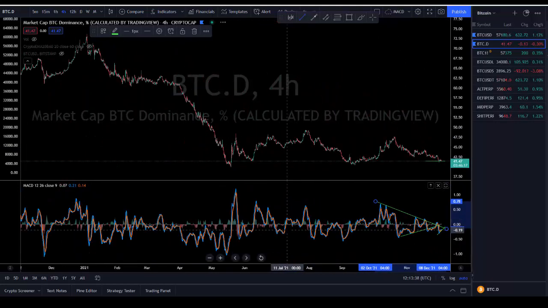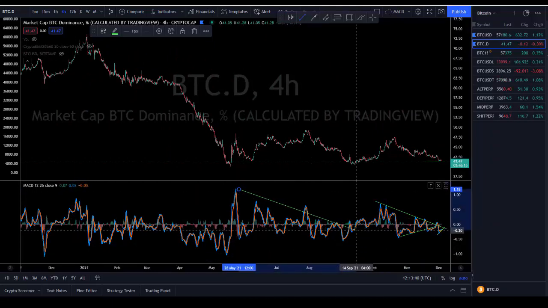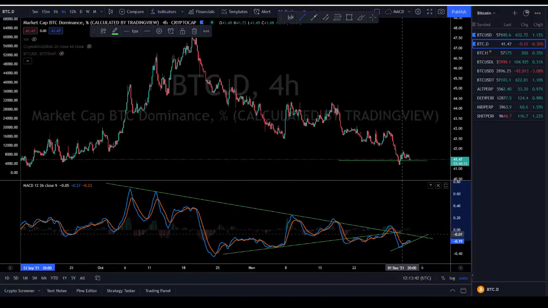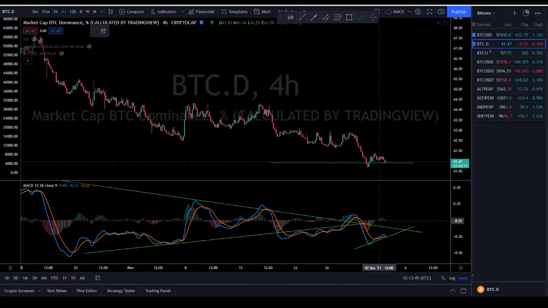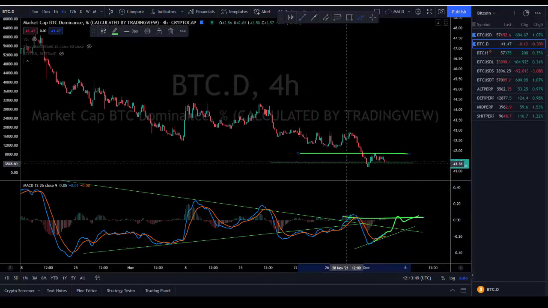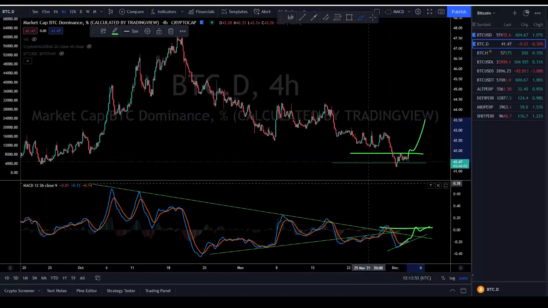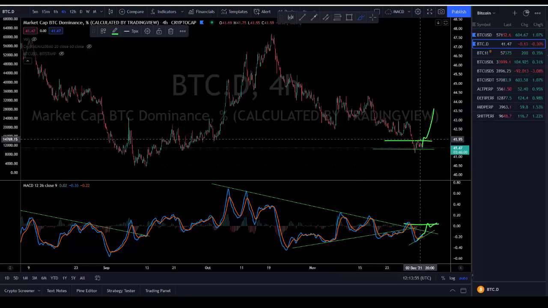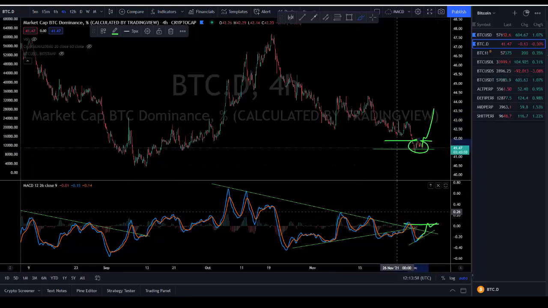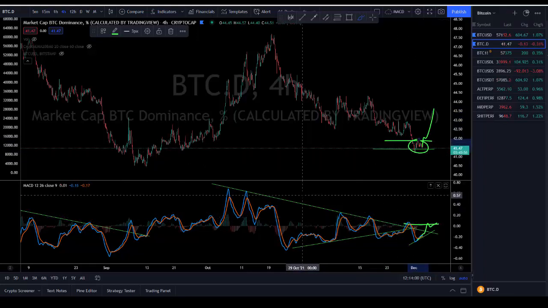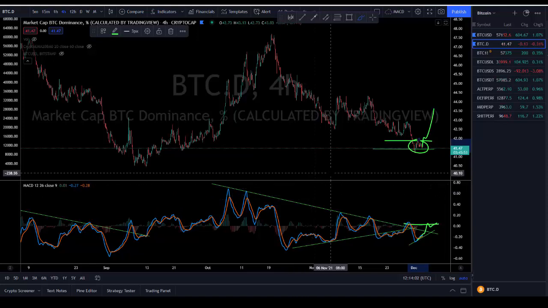Should the MACD be breaking above these levels, these trend lines, all of this stuff is so important right now as we're coming to these consolidations. The MACD breaking above these levels as the dominance is coming to these levels. Really important that we watch for the altcoins to be doing top formations, and I'll show you how we're going to be measuring that so that we really know which coins to get rid of and which ones to keep